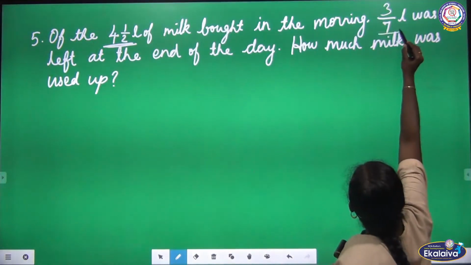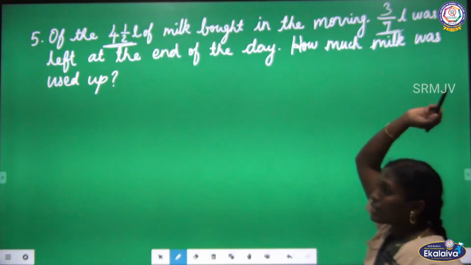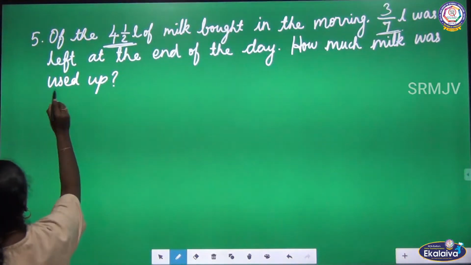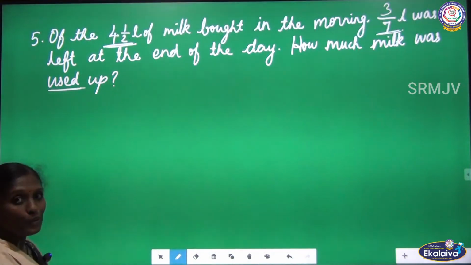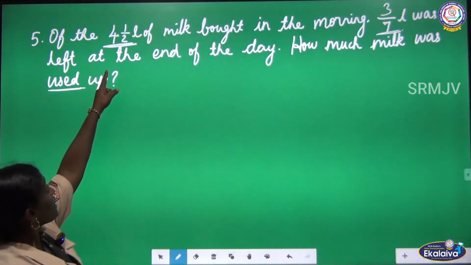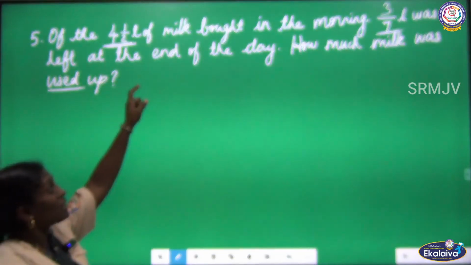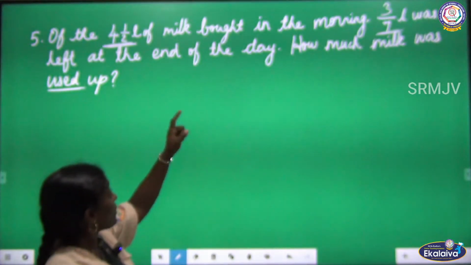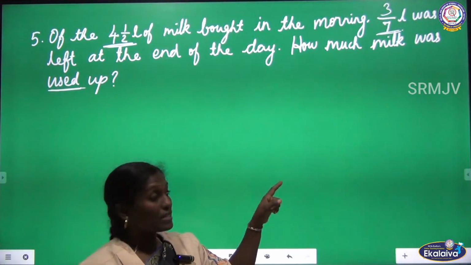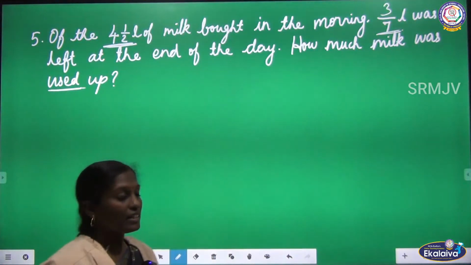At the end of the day, 3 by 7 liter of milk was left. Now we are going to find how much milk was used up. So we have to subtract from the total quantity they bought,